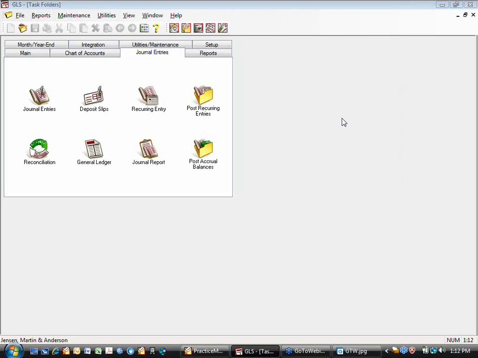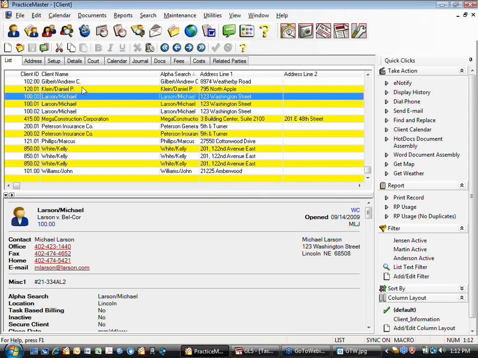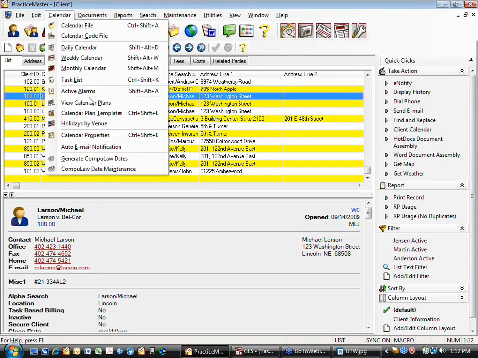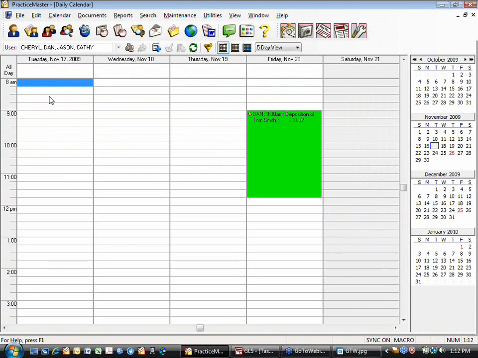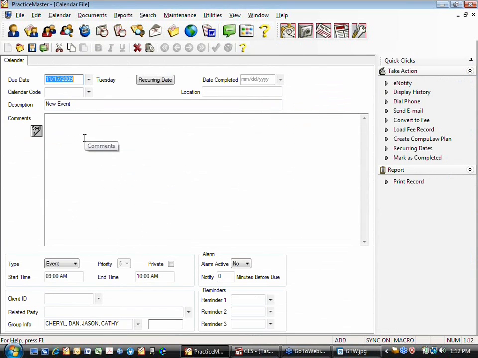I am going to talk about something totally different. I'm going to go over here to PracticeMaster, go into the calendar, and create a calendar entry for today. This is demo data, so today in my demo system is November 17, 2009, and I'm going to create it for 9 o'clock to 10 o'clock, add an event, and I want to create this event for the estate planning